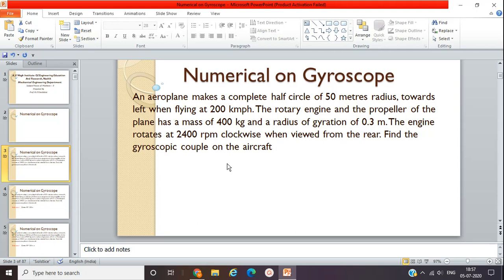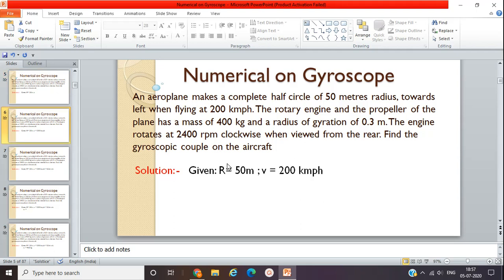What is the solution? What is the data given to us? An aeroplane makes a complete half circle of 50-meter radius. It means that the radius is 50 meter, and then velocity is given. What is the velocity? v is equal to 200 kmph. We will convert this kilometer per hour into meter per second, by multiplying 200 into 1000 by 3600, so we will have 55.6 meter per